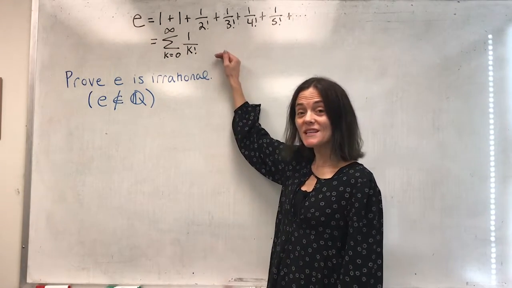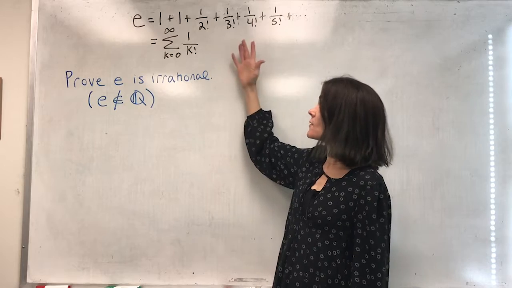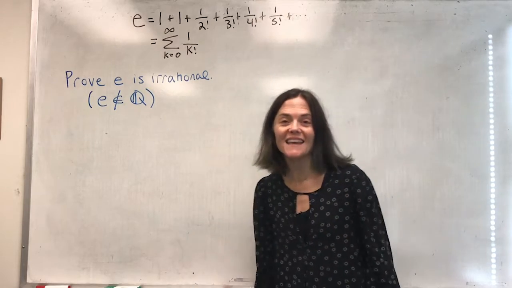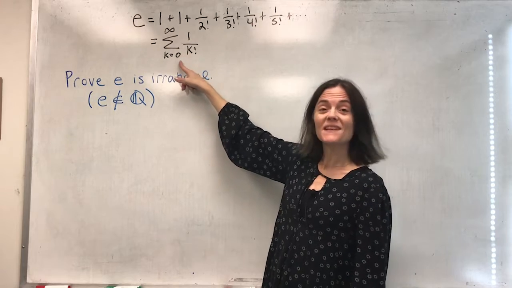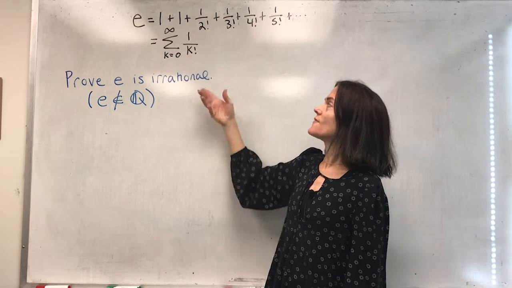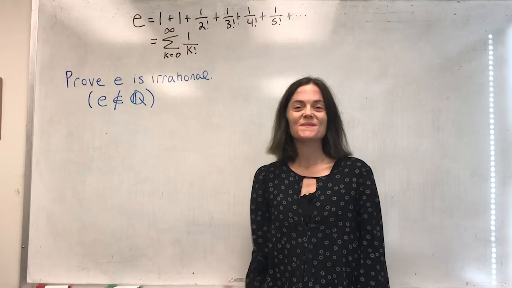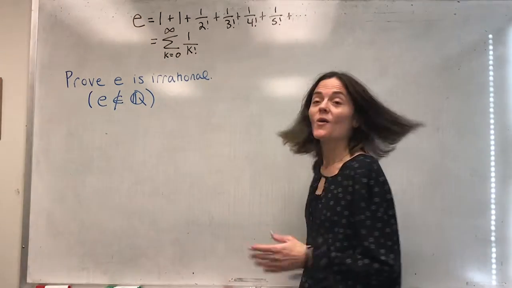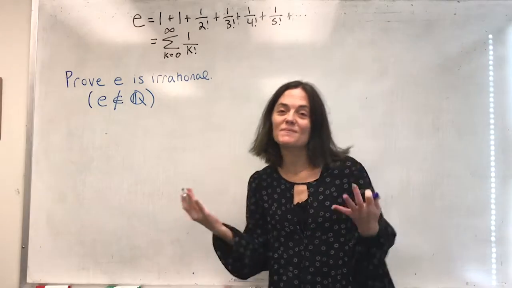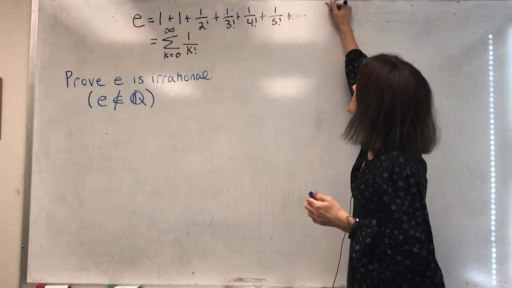I am going to use the definition of e, or I should say this is how I'm defining e, that you take this infinite sum of 1 over k factorial as k goes from 0 to infinity. And if you think about this, why can I do this? Just to remind you, and I will be using this